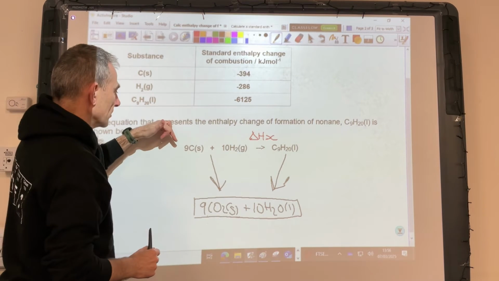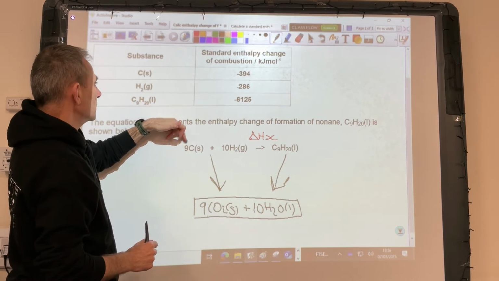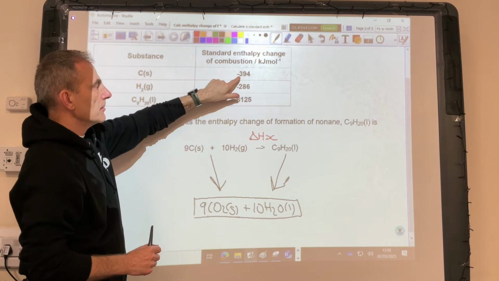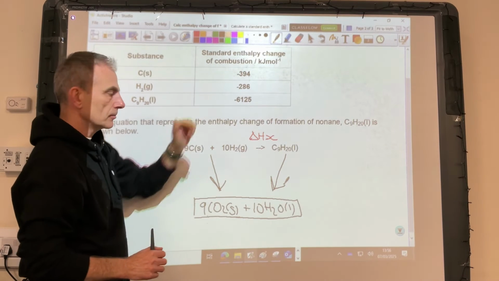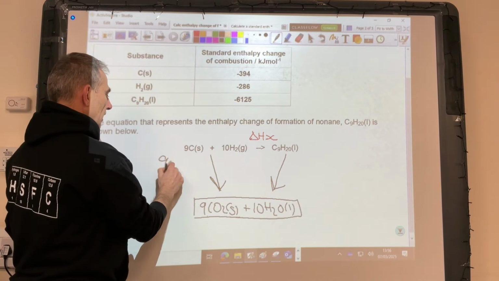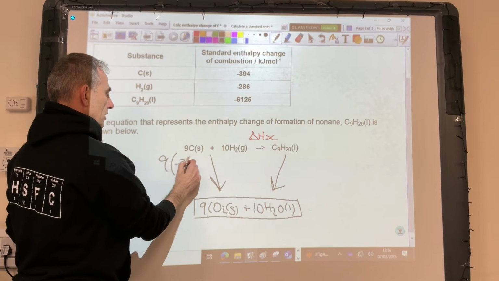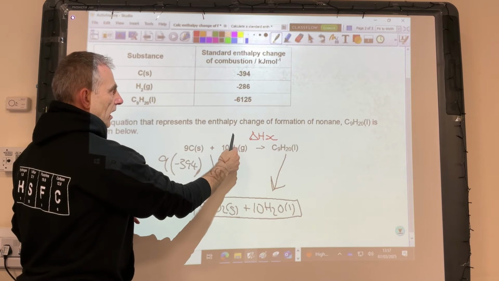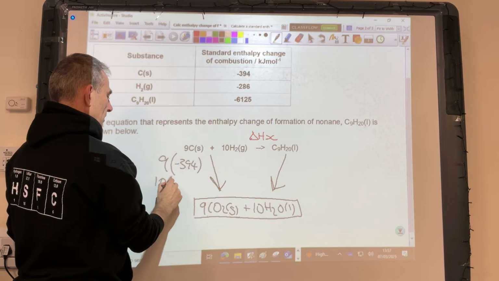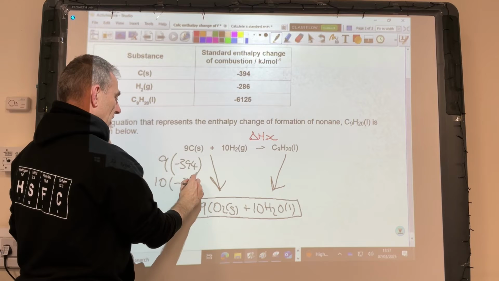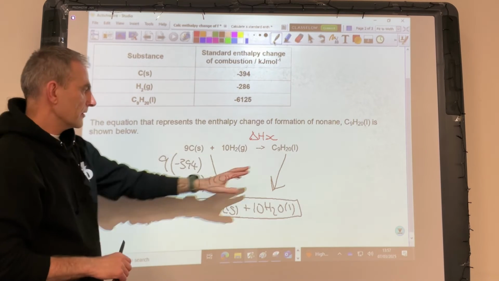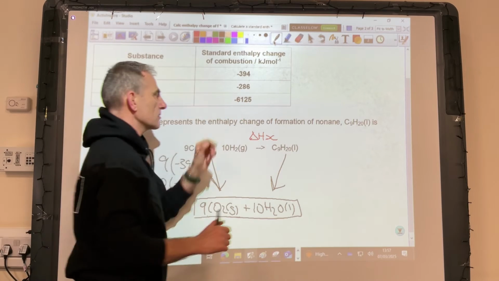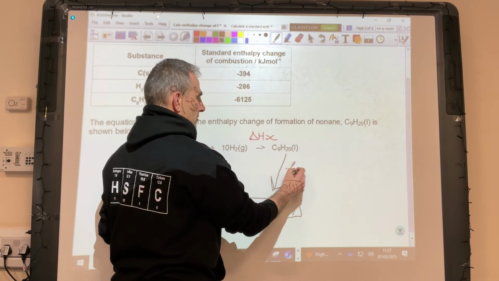Using the table now, 9 moles of carbon is going to be 9 times that value, because that represents the combustion of 1 mole. So we're going to go 9 times minus 394. As well as that, we've got 10 moles of hydrogen, so that's 10 times minus 286. Then on this side, we've just got the complete combustion of the C9H20, so because it's just 1 mole, it's just minus